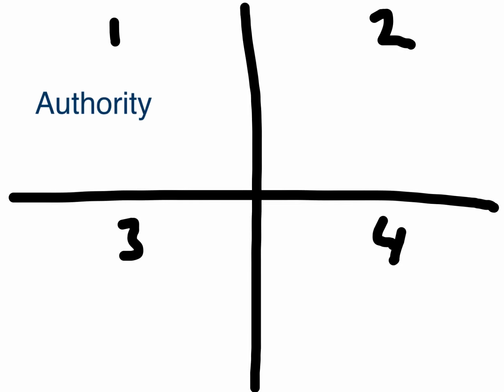Now, when it comes to the latter, policy measures, we are able to distinguish between different types. 4 different types to be precise. One type you already know. Raising the drinking age to 18 years is an example of authority. This type of measure is about rules that prescribe what behavior is legal and what is not.